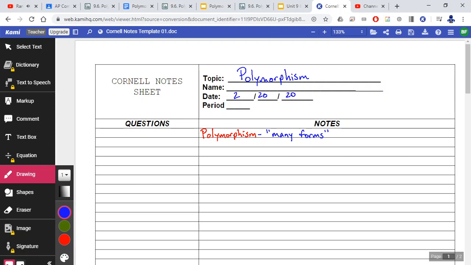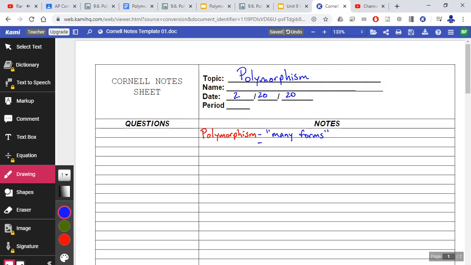Many forms of what? Well, when I was tracing through that question, when I looked at method 1, I had to determine which method 1 to call, because there were many forms of method 1, and there's many forms of method 2, and maybe a different way to put polymorphism in a computer science context is